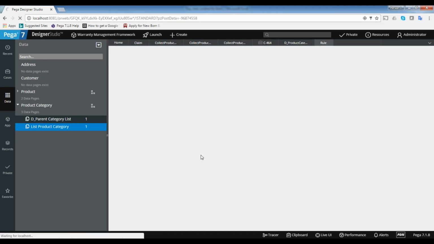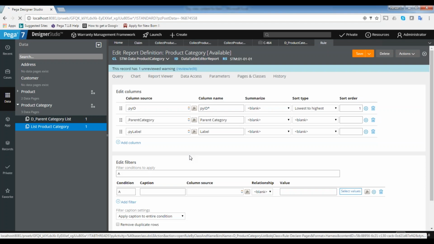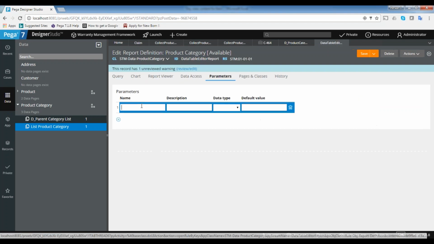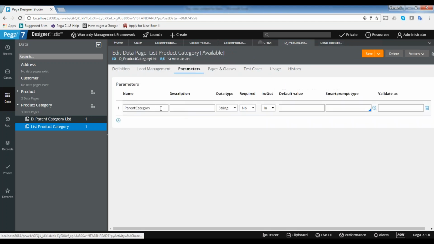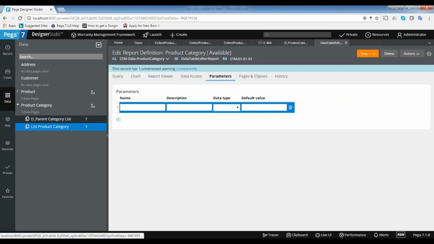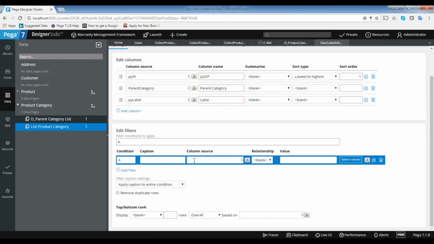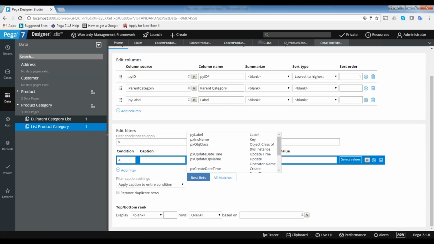So I need to do it there as well, so that the parameter goes to the source. Here also I'm creating the same parameter. Just copy paste. Here filter based on that.